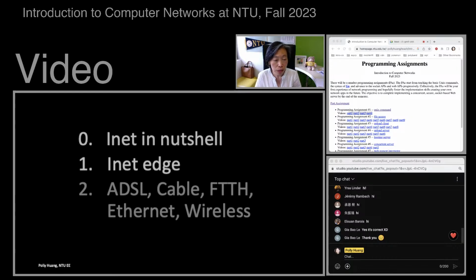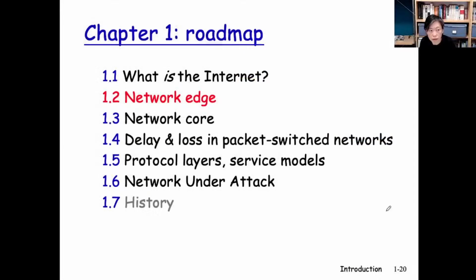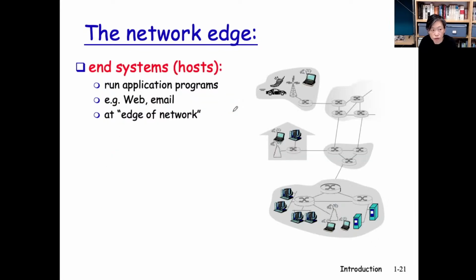And we go on with the first serious topic today, the internet edge. This is a slightly more detailed overview, but focused on the internet edge. In this first video, you will hear about the components we have on the edge of the internet, particularly the end systems. You will also hear that the end systems communicate, typically in two models. This video is about 3.5 minutes. Let's take a closer look into each of the components, starting from the edge.